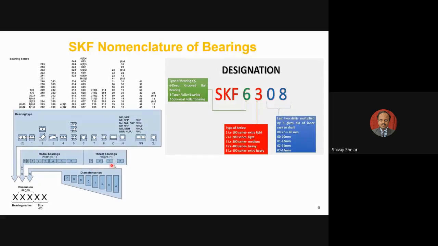So 7912 is for thrust bearing as a height parameter, and 8, 0, 1, 2, 3, 4, 5, 6 are used for the varying width of the bearing. Then 7, 8, 9, 0, 1, 2, 3, 4 are used for the outside diameter of that bearing. So outside diameter of the bearing.